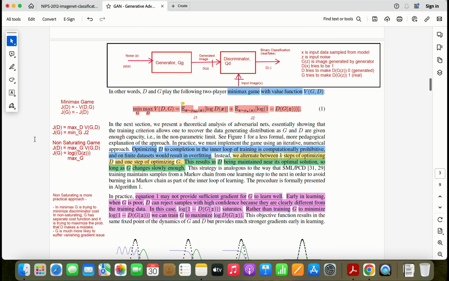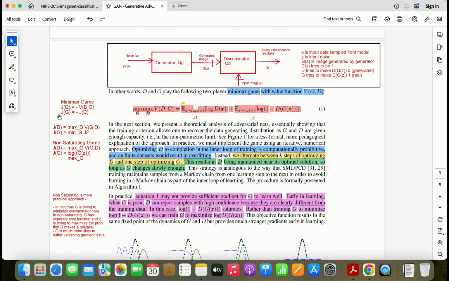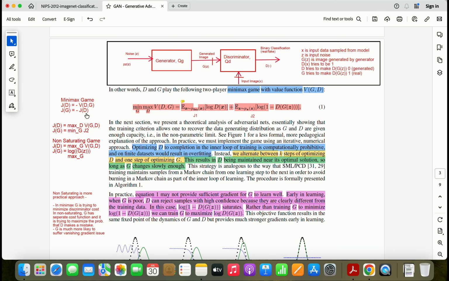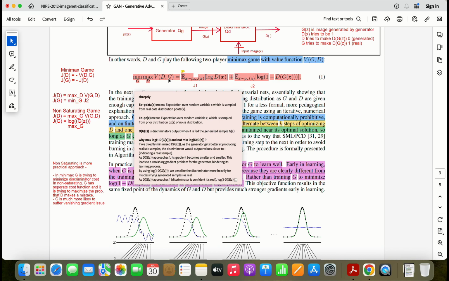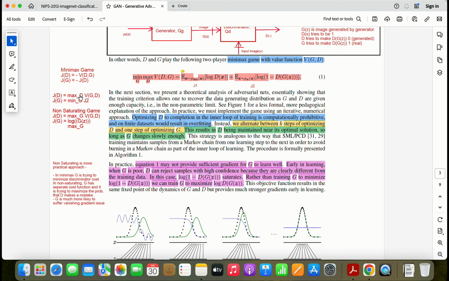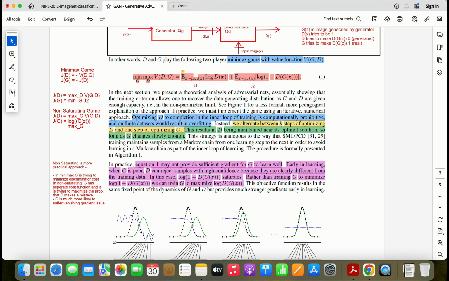Now this is a theoretical discussion. The loss of the discriminator is minus V of D, G, and the loss of the generator is minus the loss of the discriminator, because it is trying to do the opposite. It is trying to fool the discriminator. So this is the objective function we'll try to solve. The cost function associated with the discriminator is V of D, G, where we are trying to maximize D, and the cost associated with the generator is J2, only this term where it is trying to fool the discriminator, and there we are trying to minimize G.